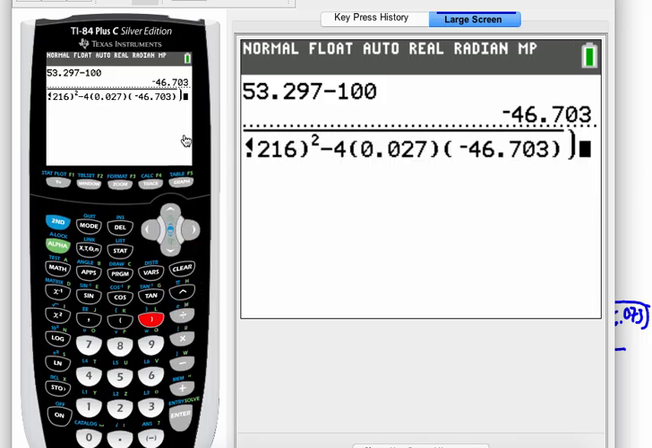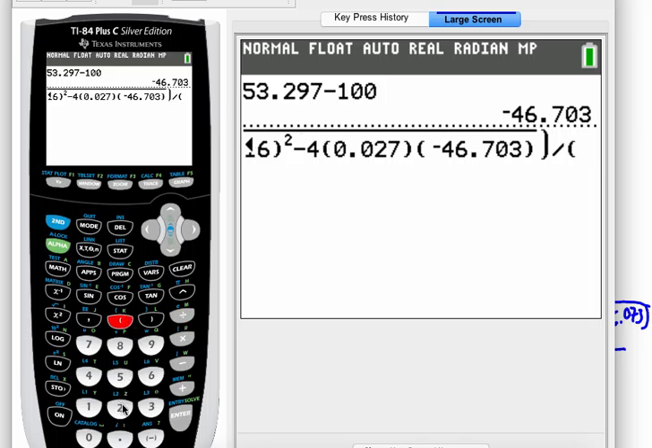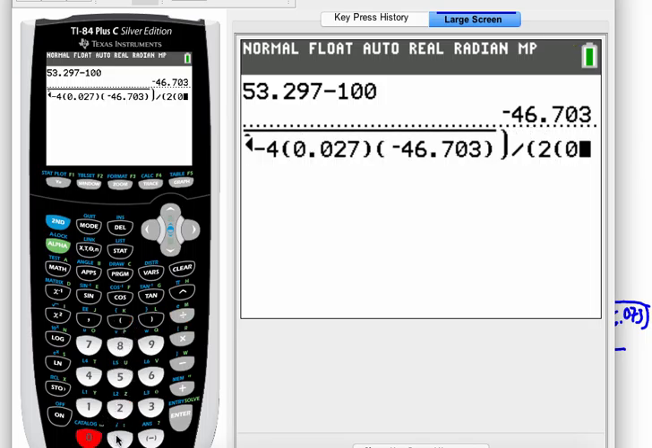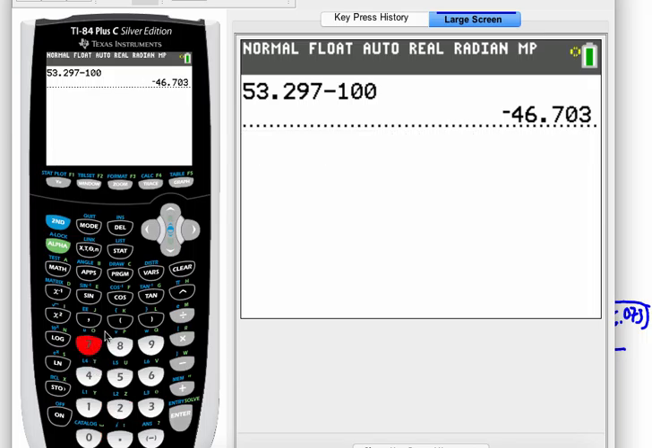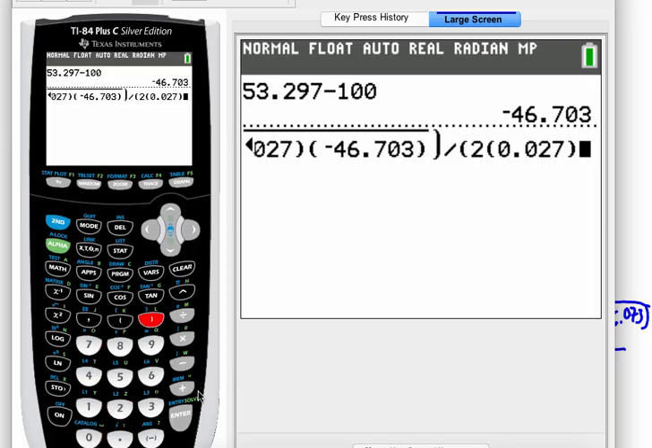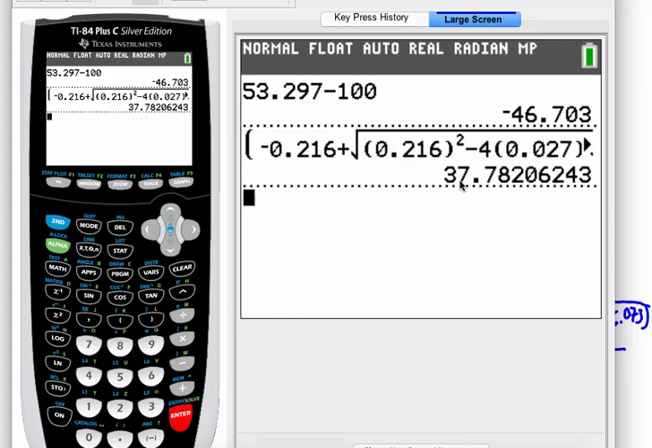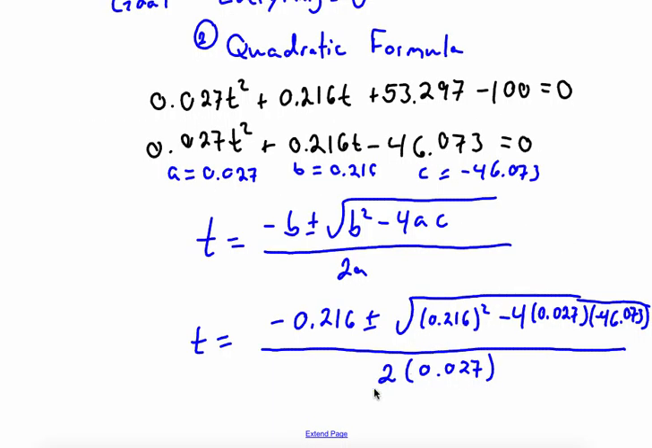Now I'm going to close one more set of parentheses. This is closing off my numerator. And now I divide it by, and then parentheses for my denominator, 2 times a, 0.027, close parentheses. So that's a lot there. Close one more parenthesis. And we get 37.7, so we'll call that 37.8. So t is equal to 37.8, or